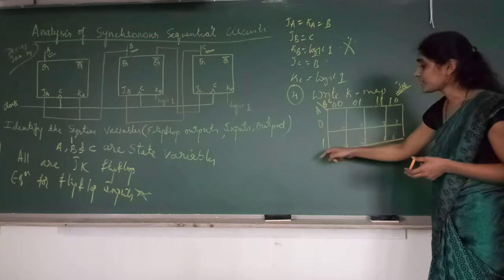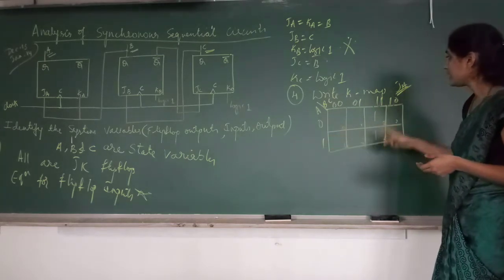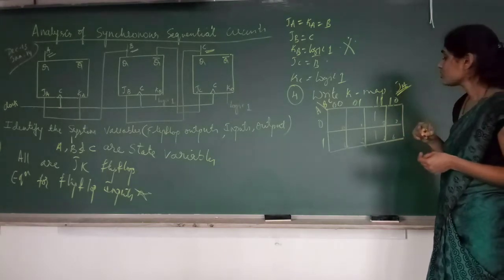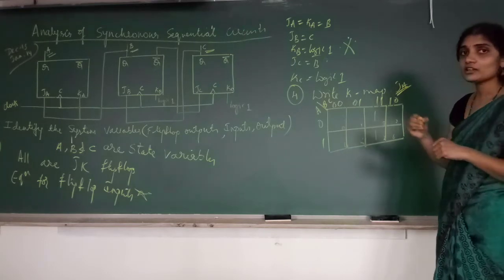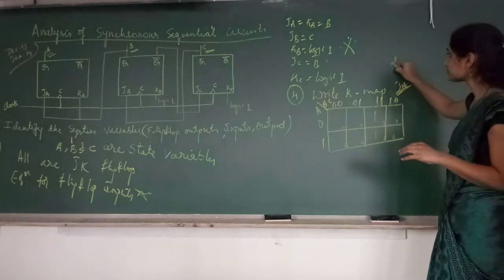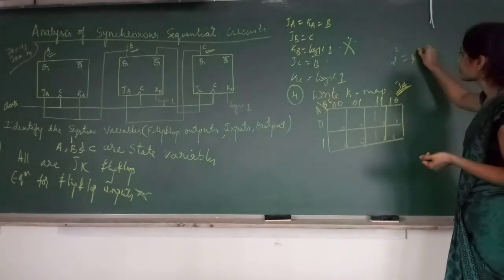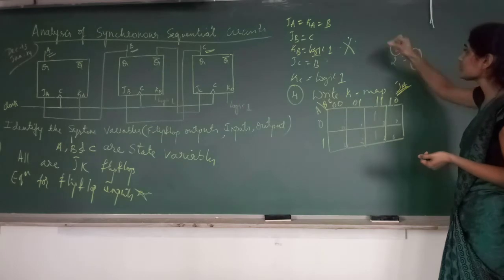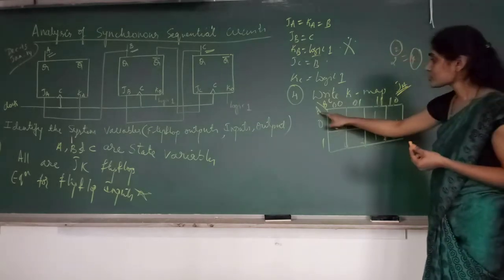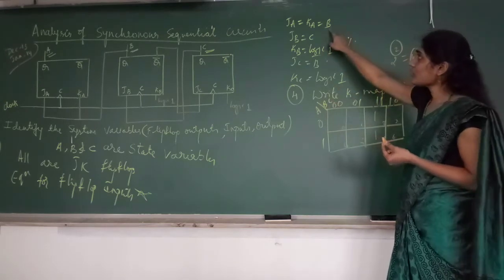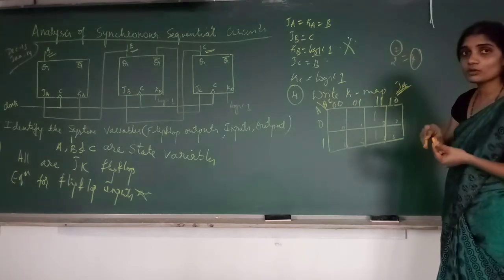And A should get cancelled. So I put 1 here, A will get cancelled, and I should get B. There are 3 variables, and I want to eliminate 2 variables. So how many cells do I have to group? K-map basics: 2 to the power 2 is equal to 4. So if you group 4 cells, 2 variables will be eliminated. I have 3 variables and I want only 1 variable. That means 2 more variables I have to eliminate. So how many cells do I have to group? 4 cells.